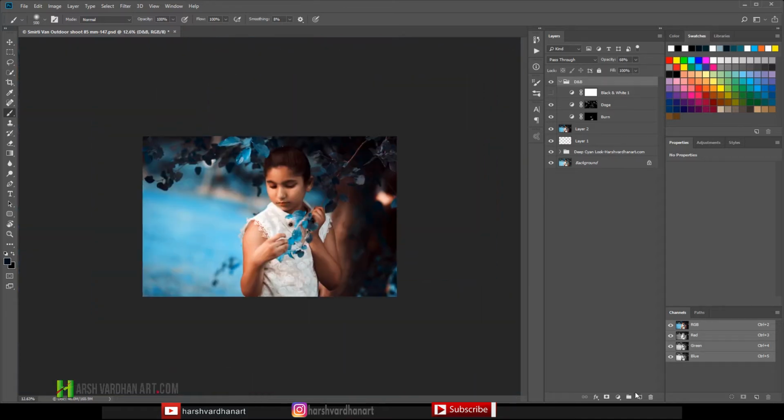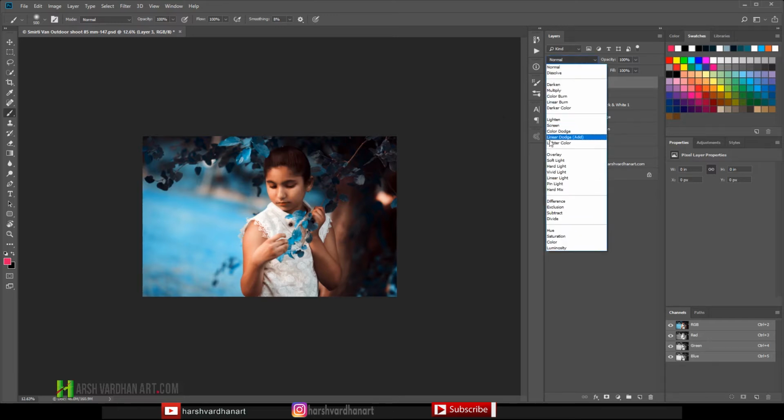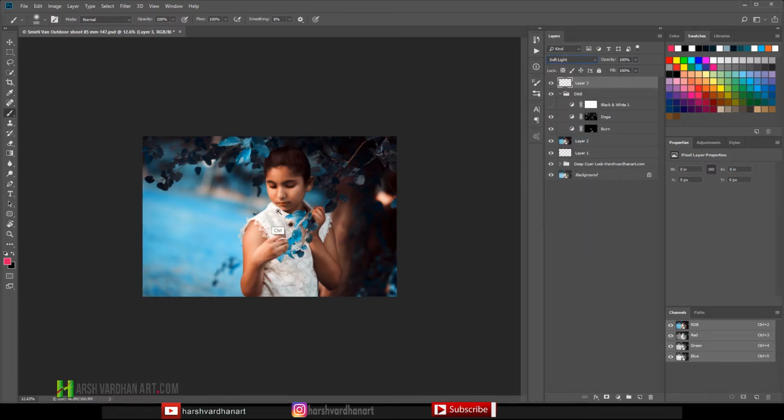Now let's create a new blank layer by clicking on this page like icon. Move it up from this folder, dodge and burn folder, by clicking and dragging it, and choose this color, something pink, and change this layer blend mode to soft light. Choose the soft edge brush